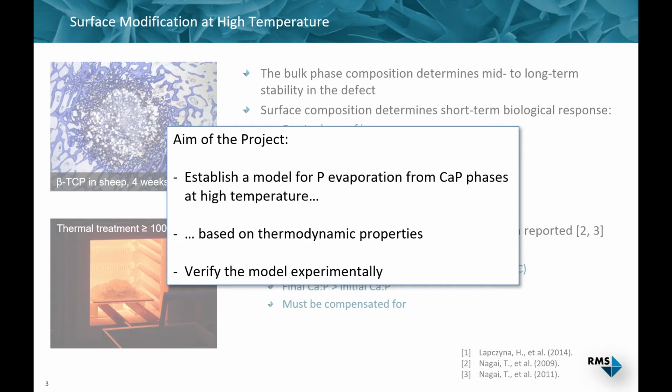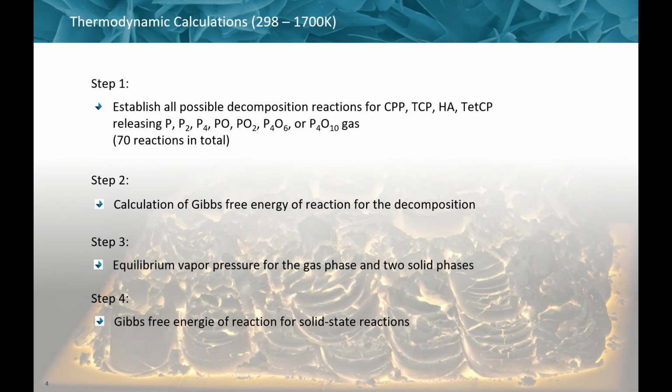The aim of our current project was to establish a model for the evaporation of phosphorus species from calcium phosphate phases at high temperature, and we wanted to do this based on the thermodynamic properties of the phases involved. And after establishing the model, we wanted to have an experimental verification. The first step was to establish a list of all possible decomposition reactions for the phases calcium pyrophosphate, tricalcium phosphate, hydroxyapatite, and tetracalcium phosphate,